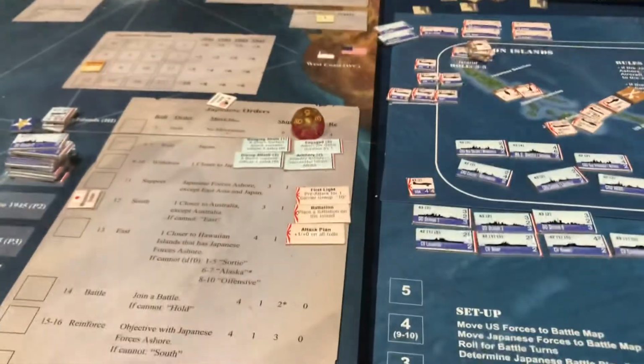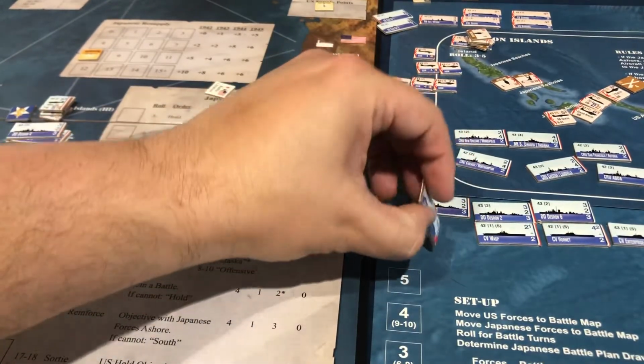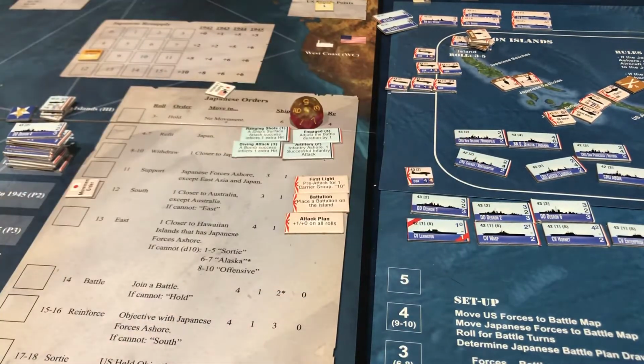So the Lexington is going to take a hit and it can't launch its planes. That hurts us. That's a whole lot of planes, folks, just because one guy made it through. All because of that stupid pre-attack. All right, well, for us,